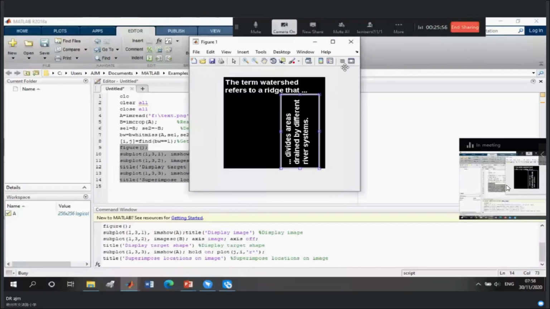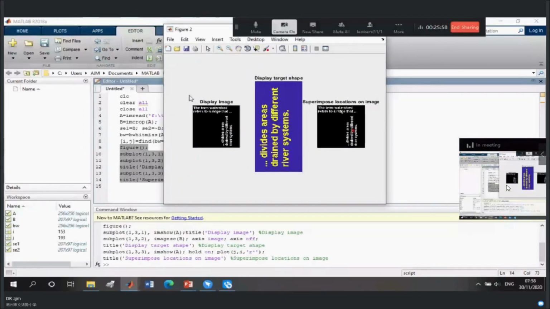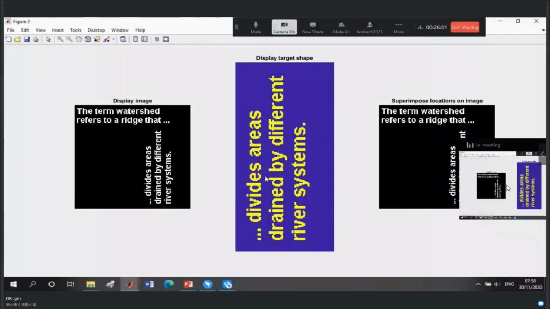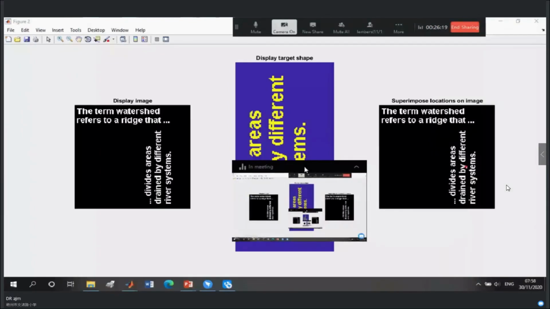Yes. This is the part that I select, and you will see that it works on the text and displays the target shape. And the next is the superimposition of that part on the main image. This also